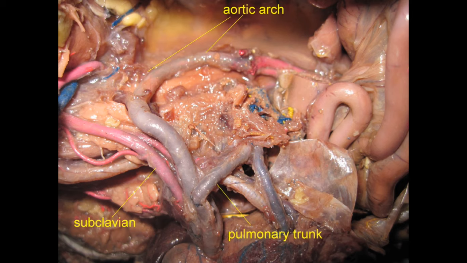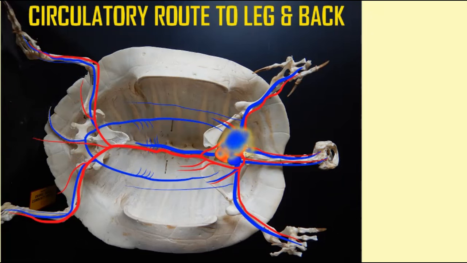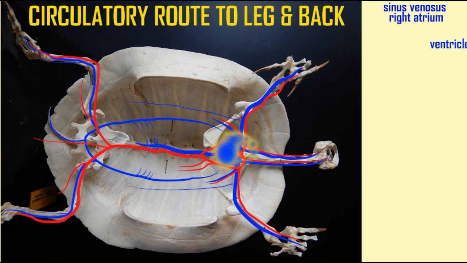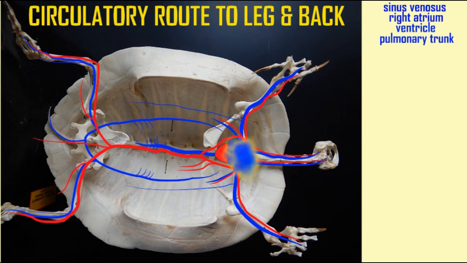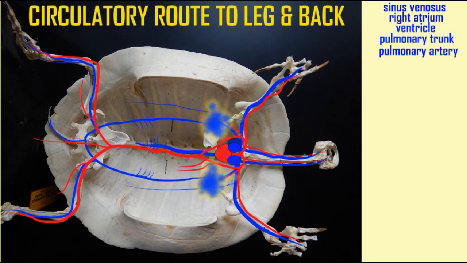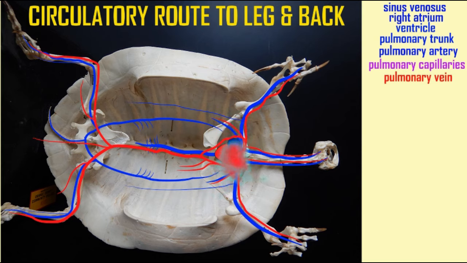pulmonary capillaries in the lungs where gas exchange occurs. Oxygenated blood returns through pulmonary veins to the left atrium, to the single ventricle, to the two aortic arches. These aortic arches are remnants of the aortic arches which form in fetal development, and they then travel around the heart and then fuse to form the dorsal aorta, which then proceeds along the midline of the back near the